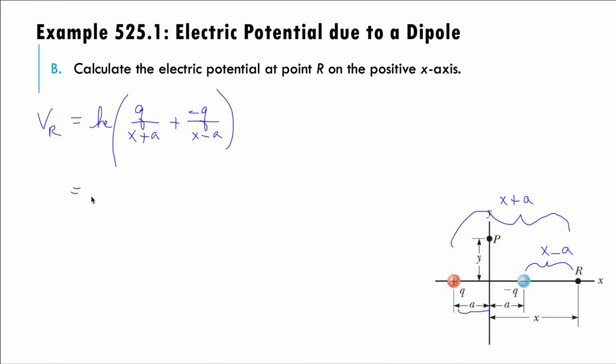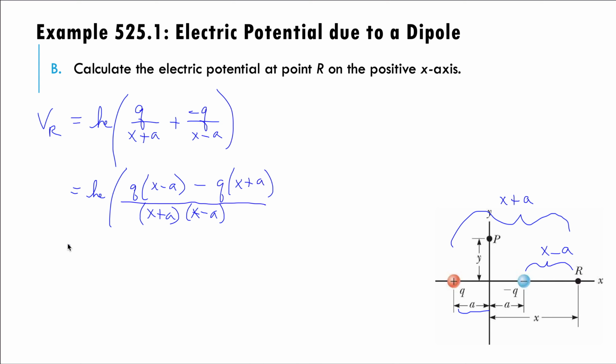If we get a common denominator here, we see that this is a difference of squares, and I'll go ahead and do the math. We're going to do Q times x minus a minus Q times x plus a all over x plus a times x minus a,